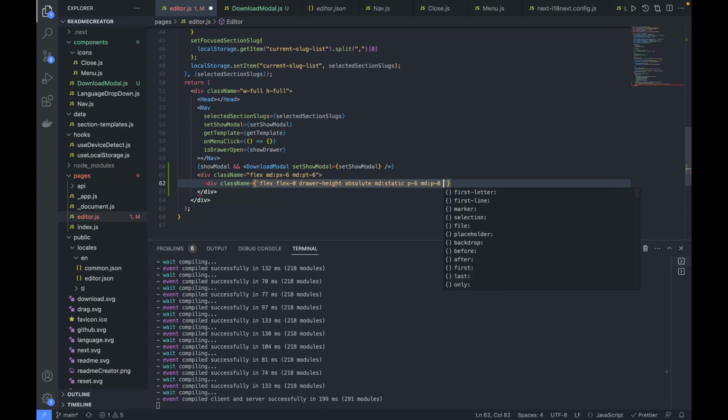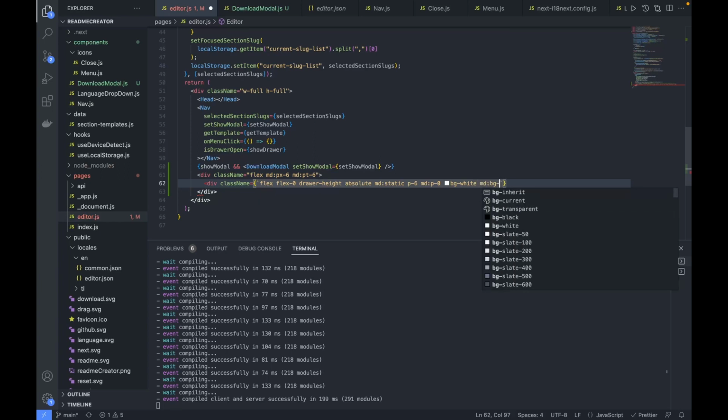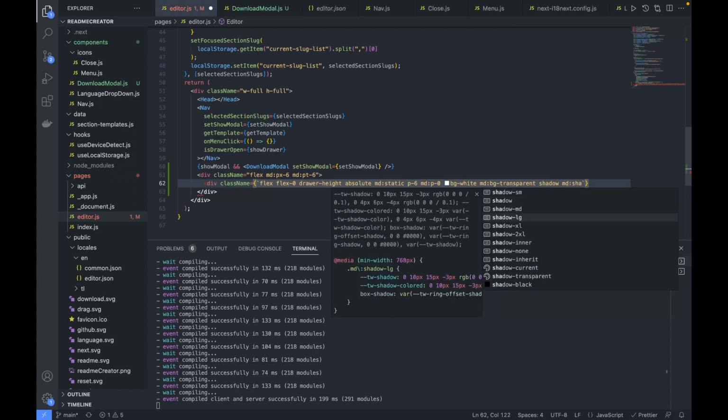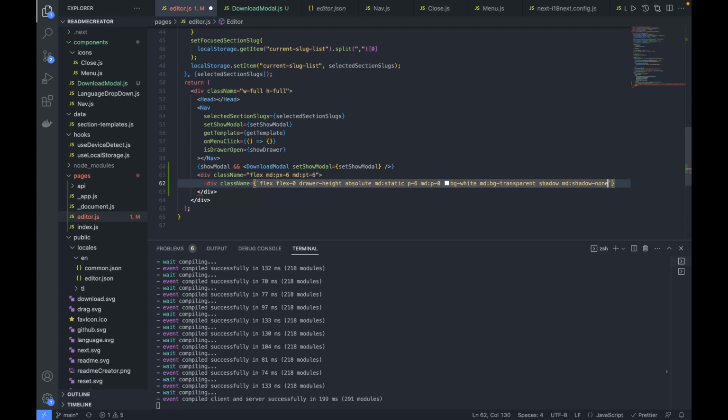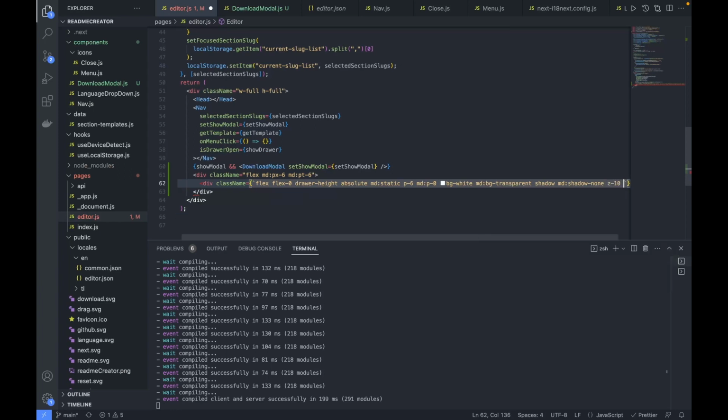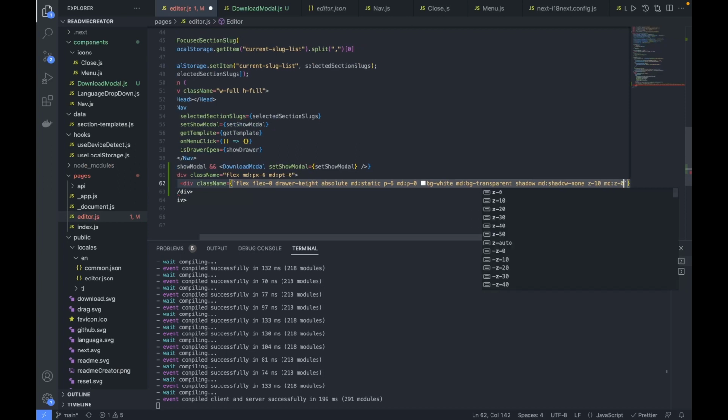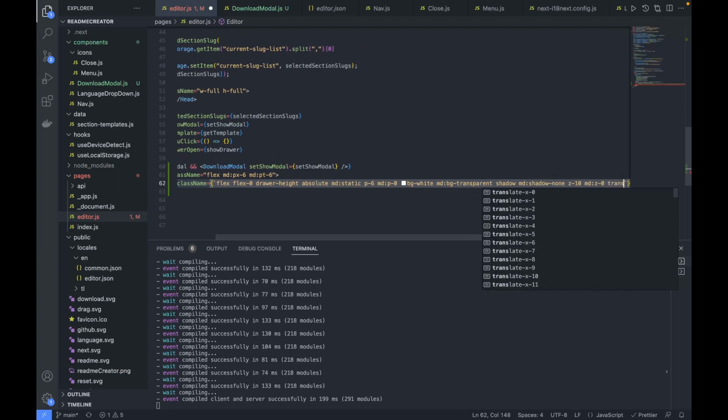and the background is white, and if it's medium, background we'll make it transparent, and a shadow, okay, and medium shadow none, and we'll give the z-index for this, okay, so 10, and if it's medium, set it as 0, and apply transform,